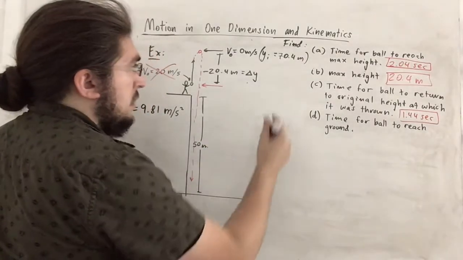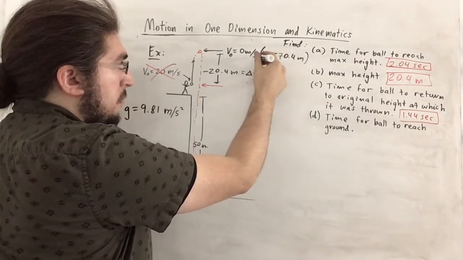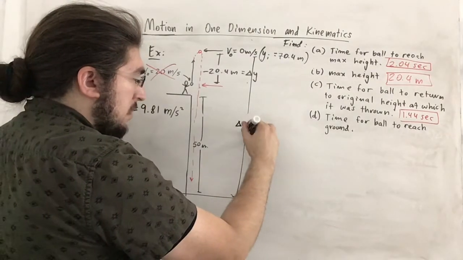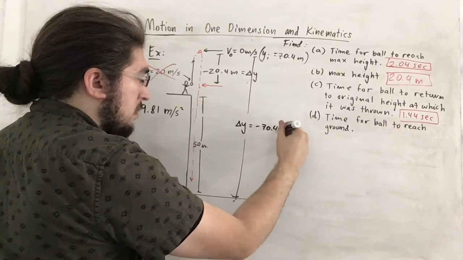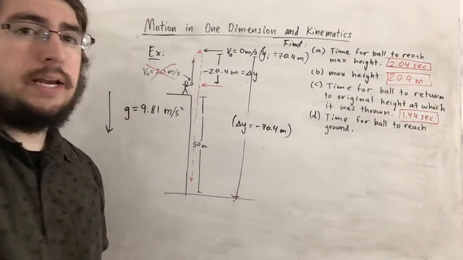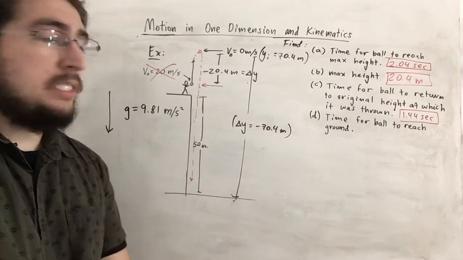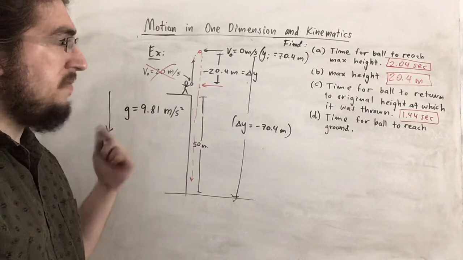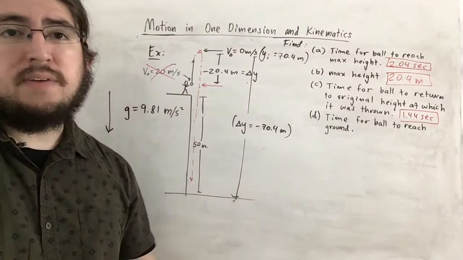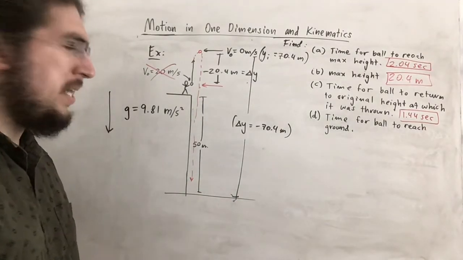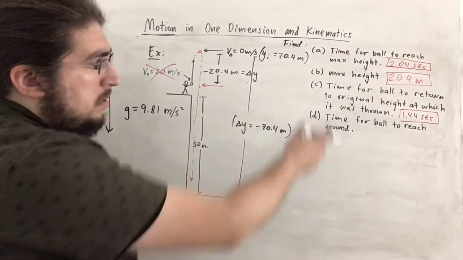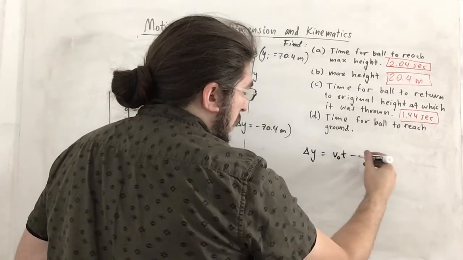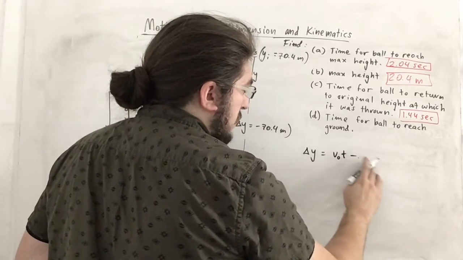So let's say that since the total distance from here to here is 70.4 meters, we have delta y equal to negative 70.4 meters, of course, because we're going down. Great. And our initial velocity here is 0. Fantastic. So we have v naught, we have delta y, and we have g. What are we trying to find? We're trying to find t. So we actually have an equation. It's the same equation we just used for C. It's delta y is equal to v naught t minus 1/2 g